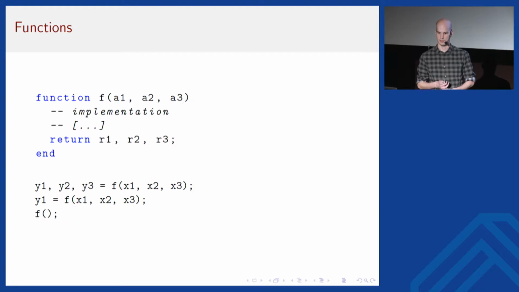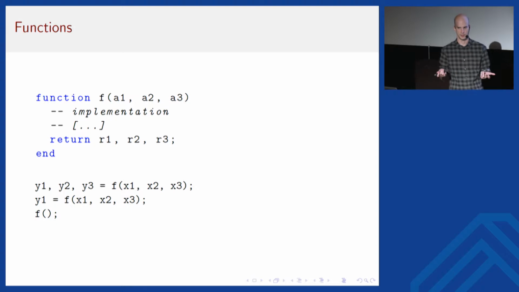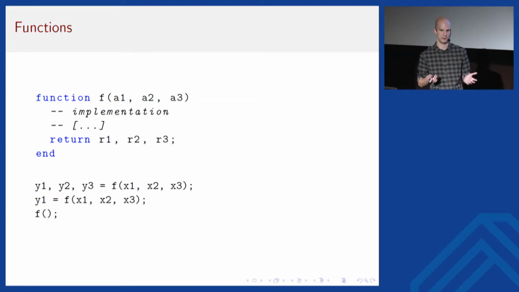I can even leave out some of the arguments and then the function call will still work. The function will just not get any valid values for these arguments. And if the function is prepared to deal with that, then this will just work. So you get stuff like optional arguments basically for free from this fact.